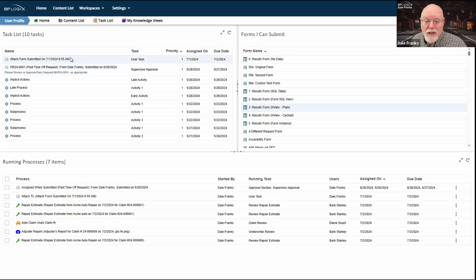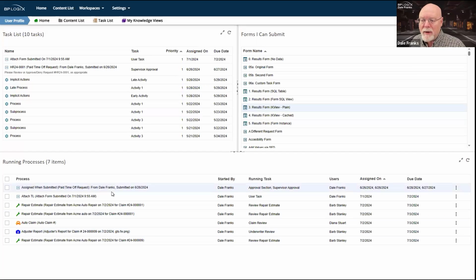In fact, on some systems, a worker may only have access to that one generic workspace, in which case they wouldn't even see a workspaces menu. It just wouldn't appear in the UI for them. If all I had was access to the user profile workspace, I wouldn't see this menu, just as on version 5, you wouldn't see any tabs at the top of the screen for different workspaces because you're only a member of this workspace. So in that case, if I were to log onto the system, this would be the only UI that I have access to.